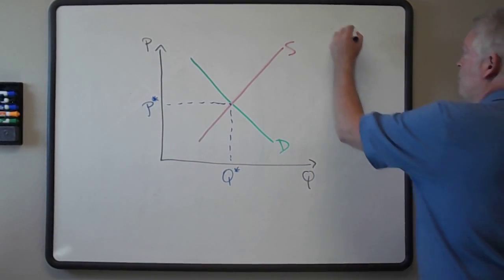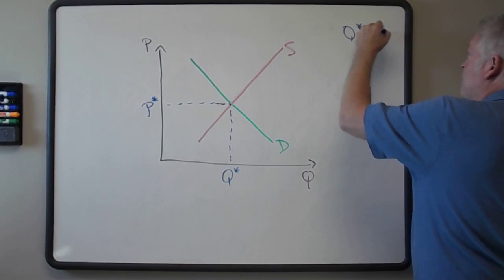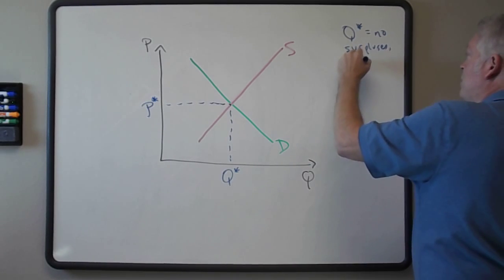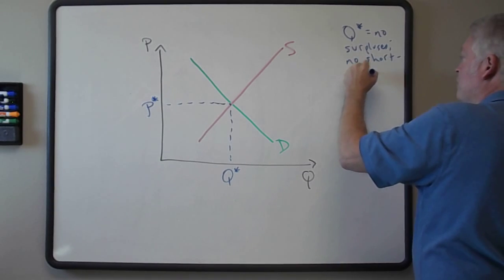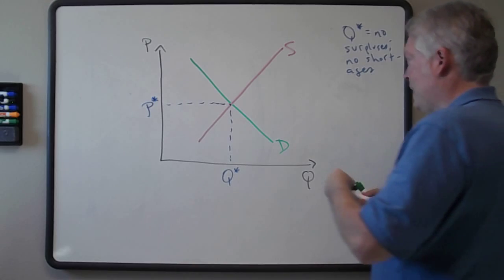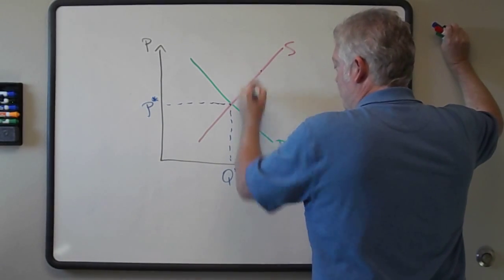What we said before about equilibrium quantity was that there are no surpluses and no shortages. That's what an equilibrium quantity represents. No surpluses, no shortages. Well, what about conditions out of equilibrium? So for instance, what about a case in which suppliers are not producing the equilibrium quantity, they're producing somewhere out here?